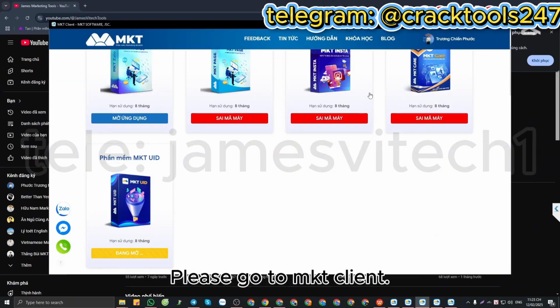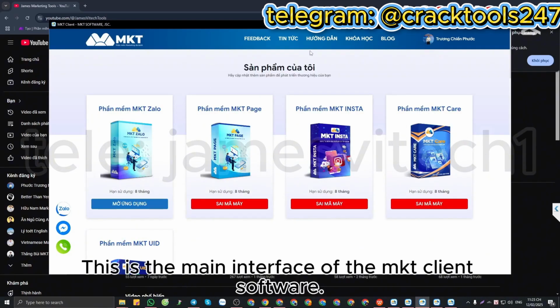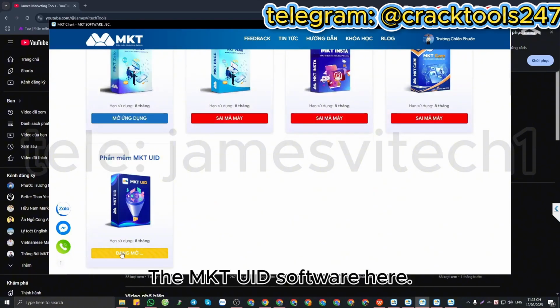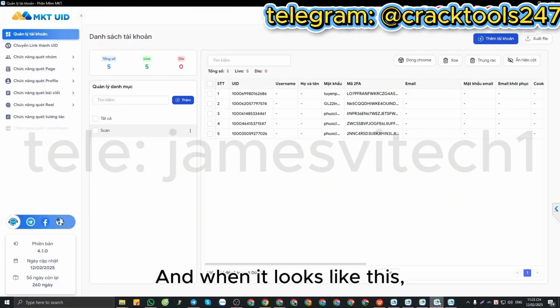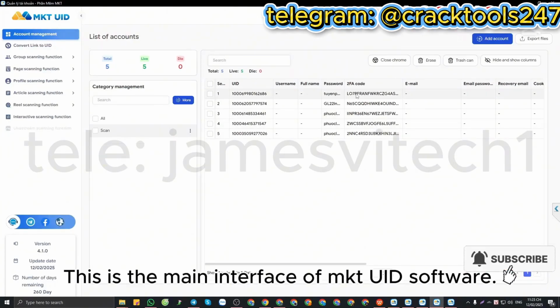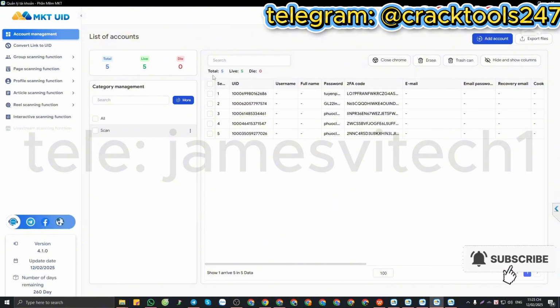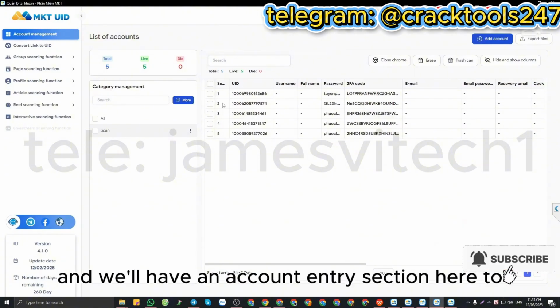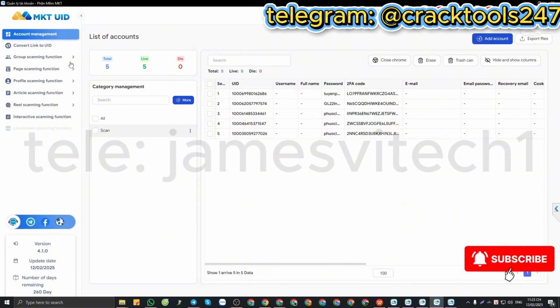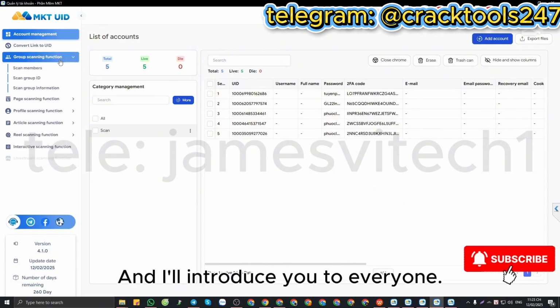Please go to MKT Client. This is the main interface of the MKT Client software, and I'm going into the MKTUID software here. And when it opens, this is the main interface of the MKTUID software. We'll have an account entry section here too. These accounts will be used for UID scanning. And I'll introduce everyone to